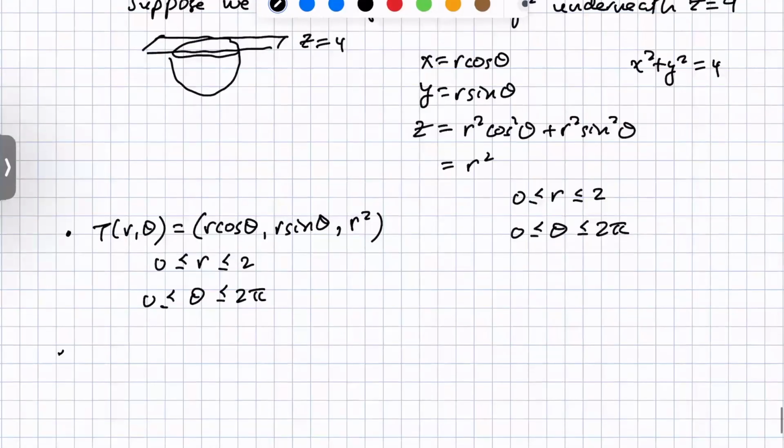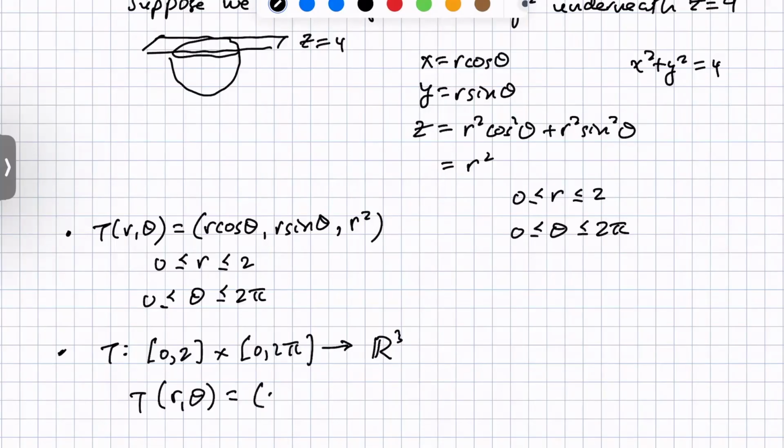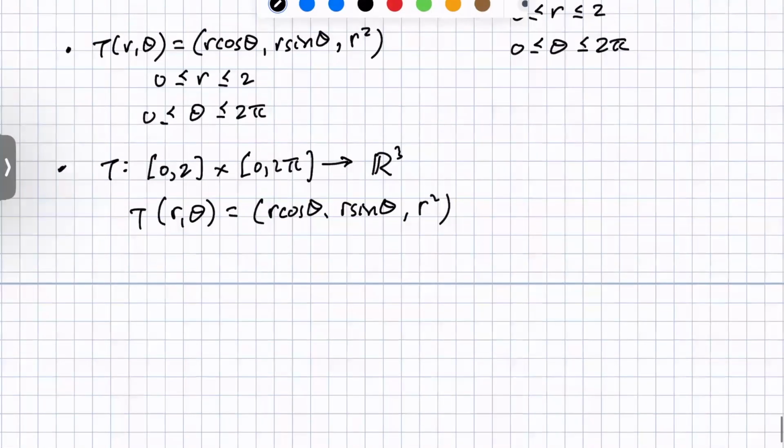Okay. And again, remember that we have a different way of writing this, which is [0, 2] cross [0, 2 pi] to R3, given by T(r, theta) is r cos theta, r sine theta, r squared. Effectively, what we're doing is the following. We're taking